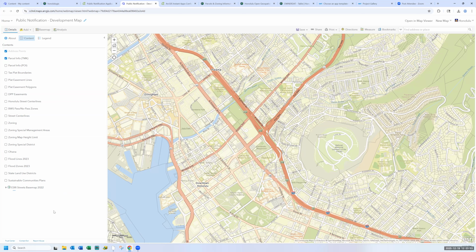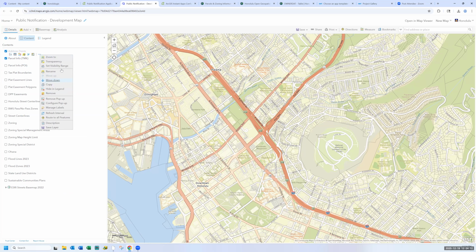Right now I just have the address points, the TMKs, and the regulatory parcels in there, even though I haven't turned on the visibility yet for the regulatory parcel.